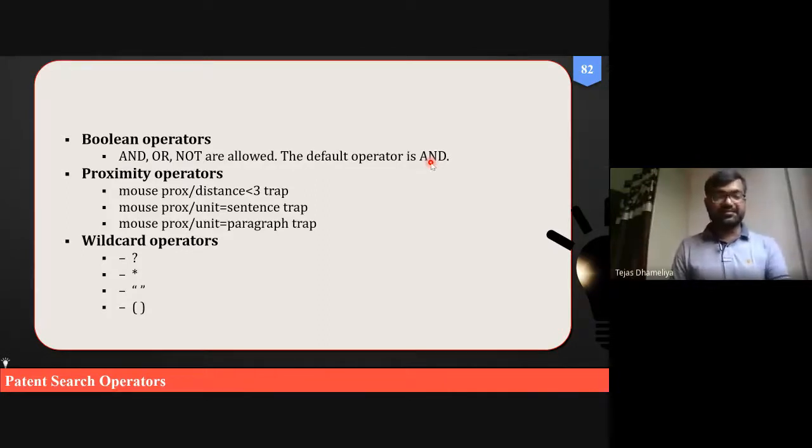Okay, then there are some proximity operators. Sometimes what happens is that maybe for example we have given some keyword, but that keyword is not basically in close proximity. For example, benzothiazole as anti-TB agent.